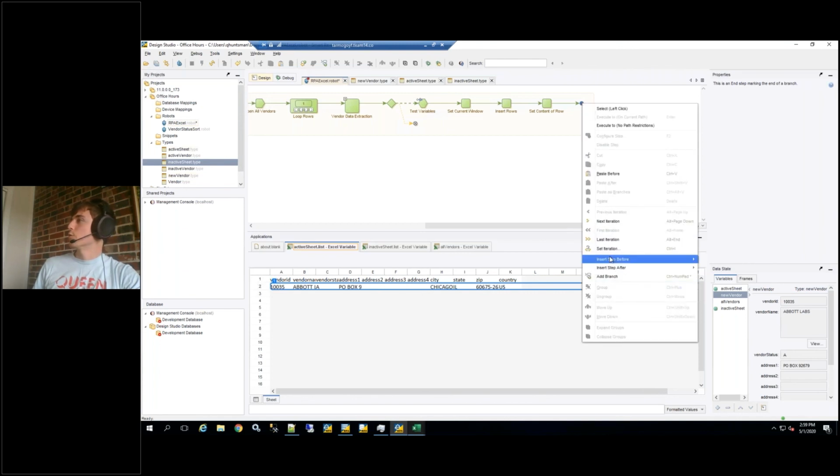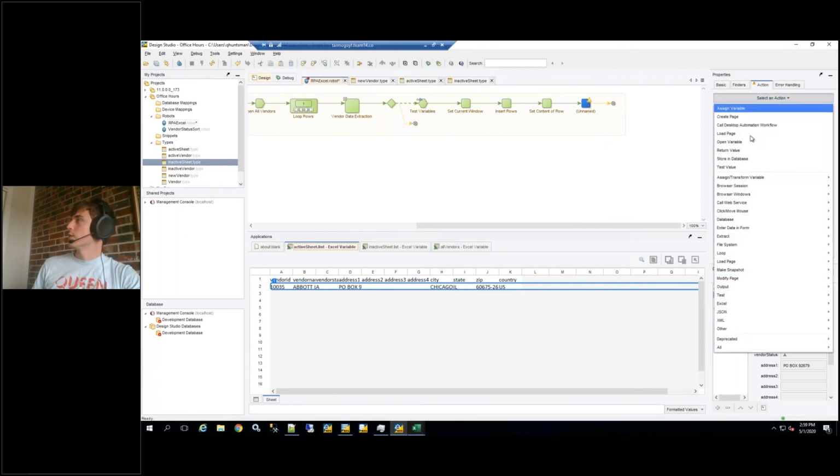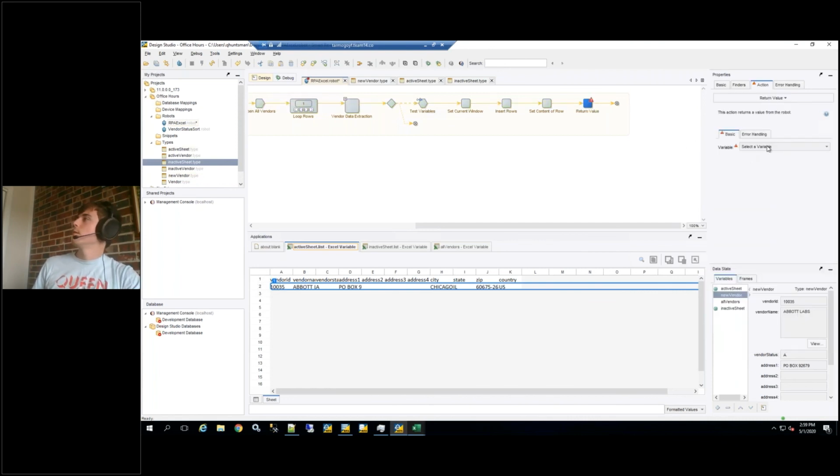Last thing we want to do for this branch is return our spreadsheet just so we can look at it in the RPA viewer if we want. So that's called a return value step. And which value are we returning? We just point it to the active sheet. So we're going to repeat these steps here